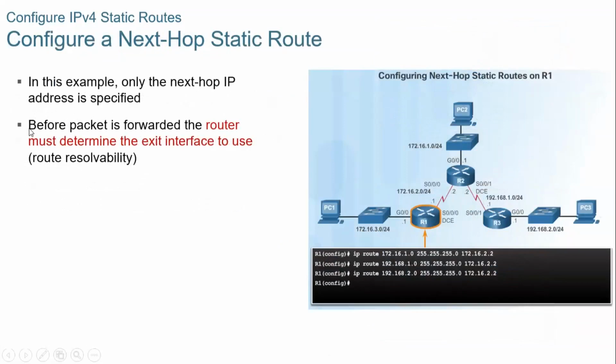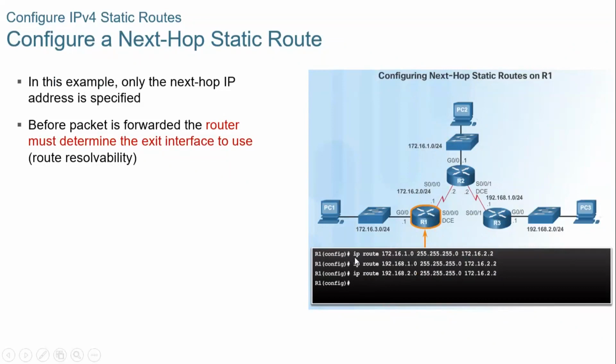So here is an example of how we can configure, okay? So R1, firstly, you have to identify the remote networks. The remote networks to R1 are the ones that are not directly connected to R1. So 1, 2, 3. So there are 3 remote networks. You need 3